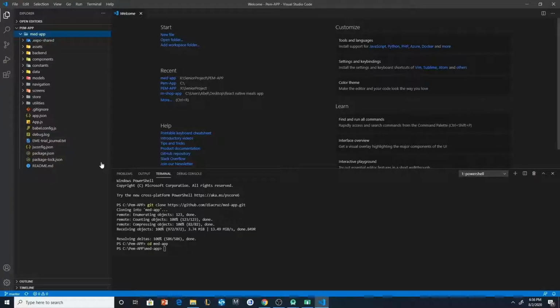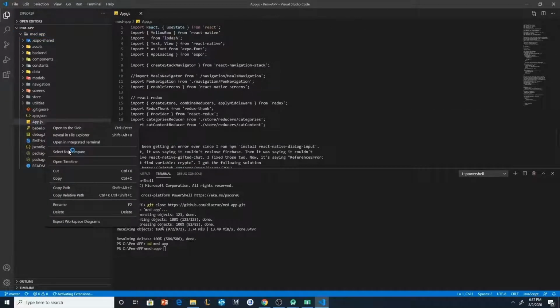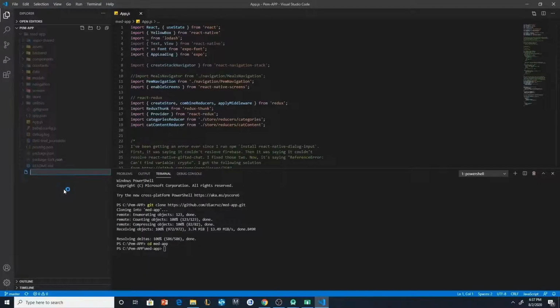If you click on app.js, and you click on new file, and you go to the documentation folder,